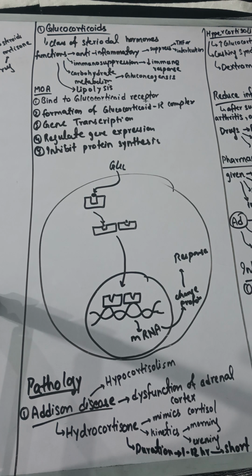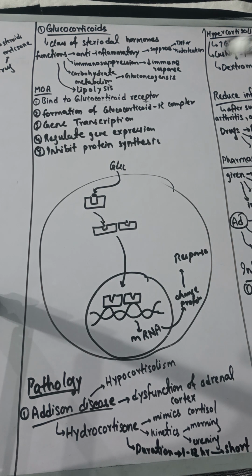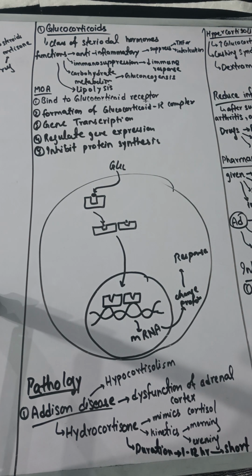And interleukin 5 is causing inflammation through eosinophils. Eosinophils will burst out and they will release the same histamine, prostaglandin, and some proteolytic enzymes which can cause inflammation by damaging the proteins present in the membrane. And interleukin 13 is actually enhancing the action of interleukin 5. So these interleukins are causing inflammation, and glucocorticoids are going to suppress them. They don't allow these immune cells to gather at the site of inflammation. As a result, they act as an anti-inflammatory agent.